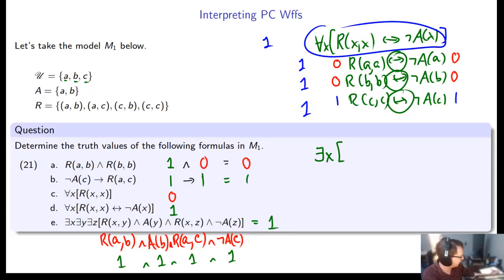So if I say something like there exists an X, such that A X or X equals A,